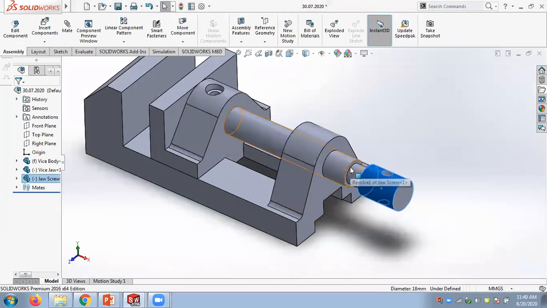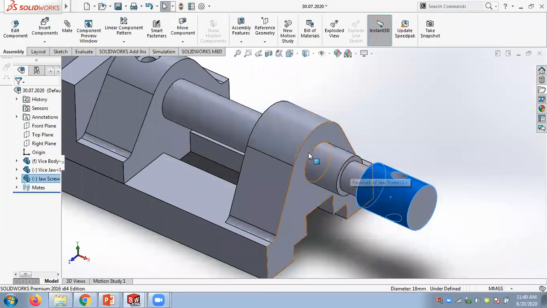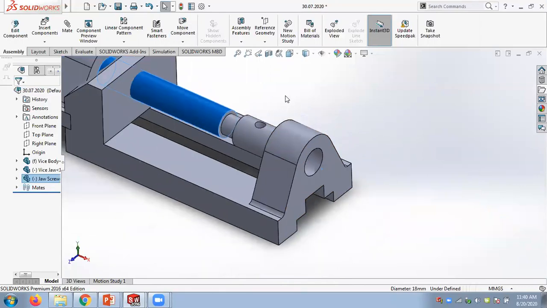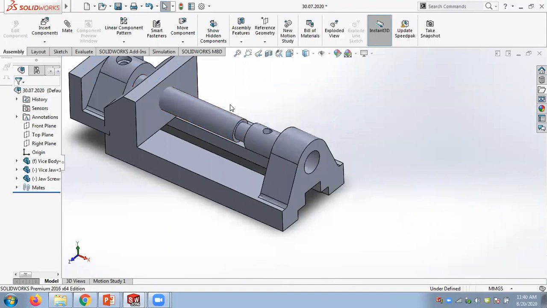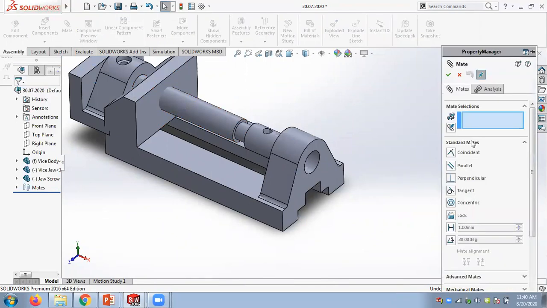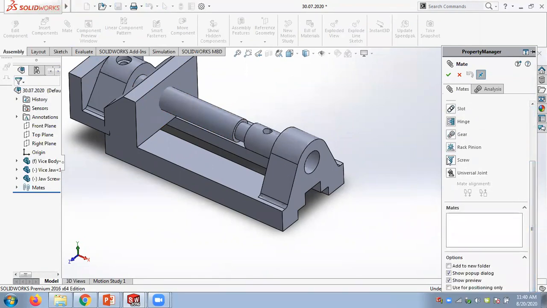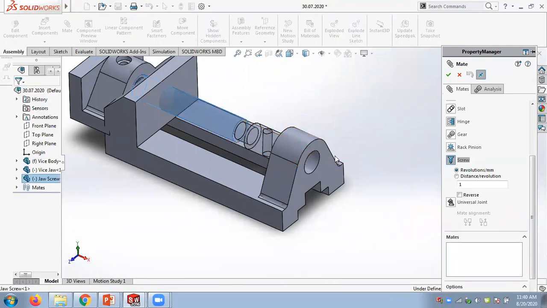So we have to apply a screw between this one and this face. This face and this face, we can apply a screw mate and do it. I will just try to apply it. Select this and this,